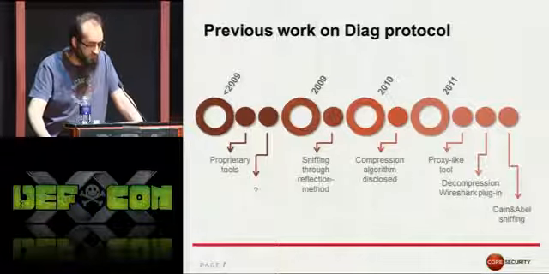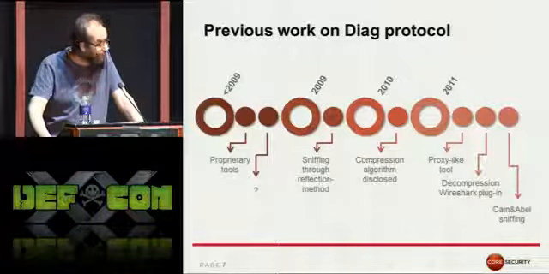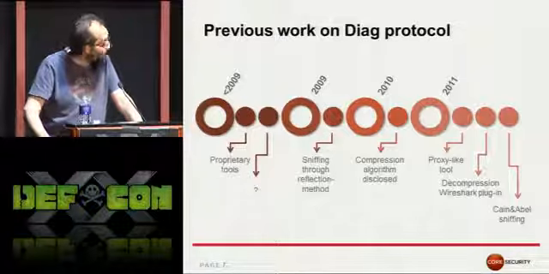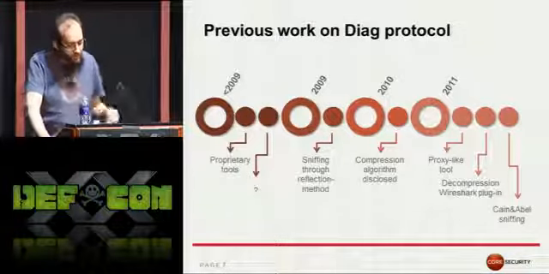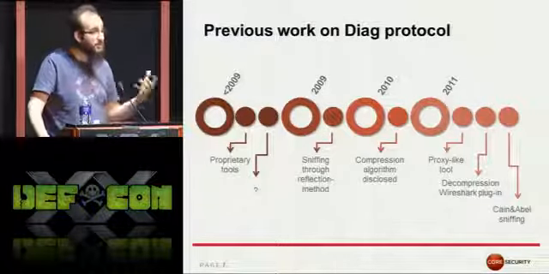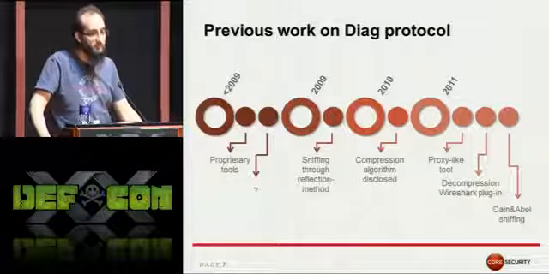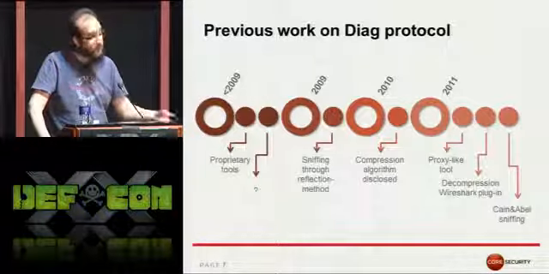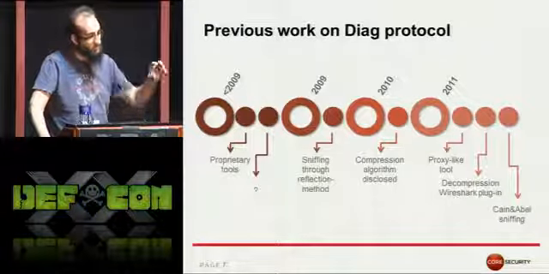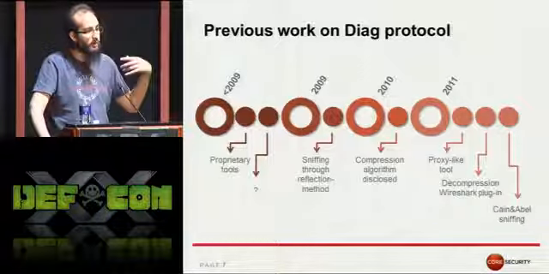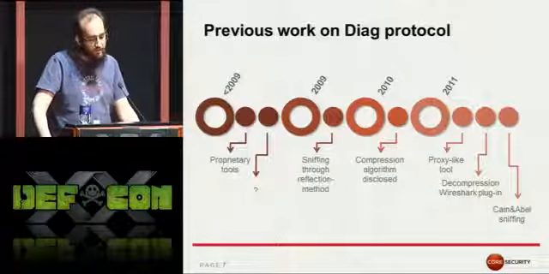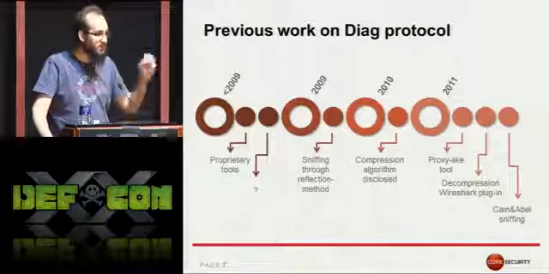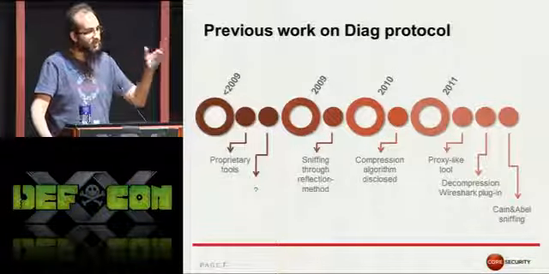In 2009, Securon published a paper in which he introduced a method for sniffing clear text credentials, which they called a reflection method, which is basically getting a network trace of a login, starting a fake server and using the trace of that session